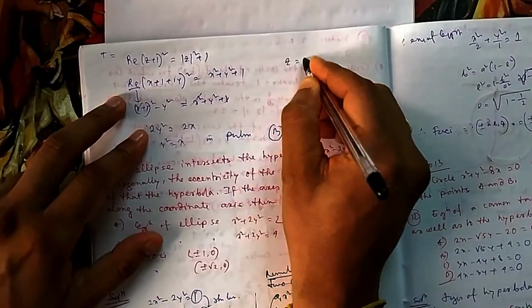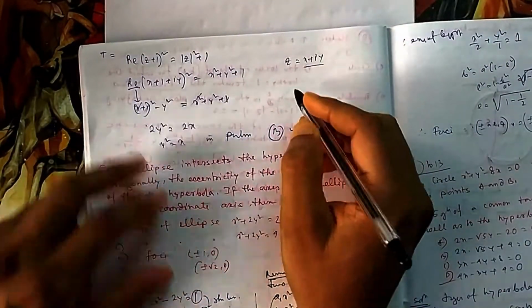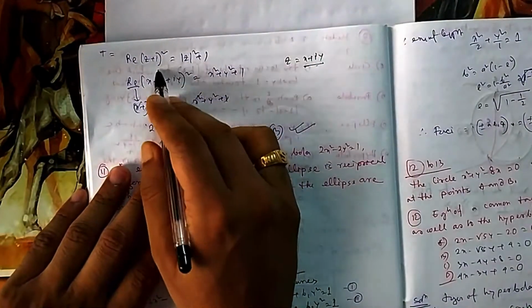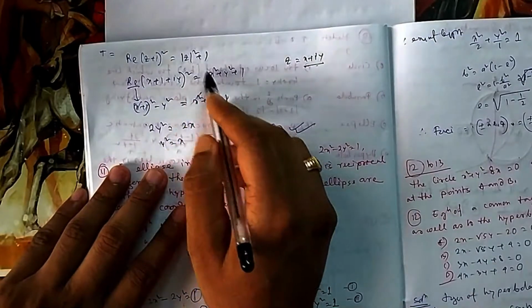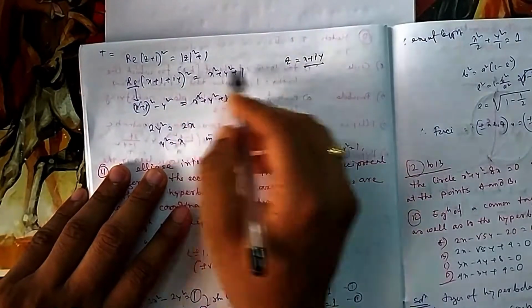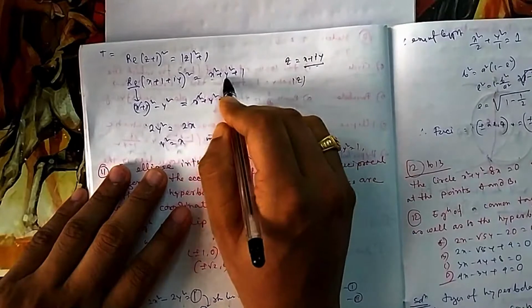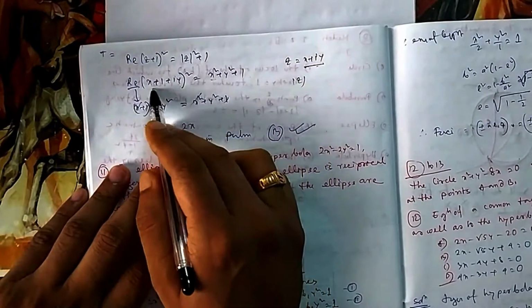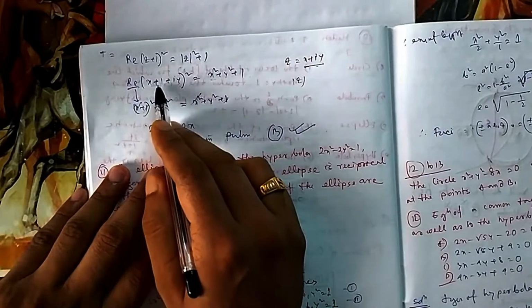So if I take Z is equal to X plus iY, those who have done complex numbers, you know we always treat it like this. So the real part of (X plus iY plus 1) square is equal to mod Z. Again, mod Z is equal to under root x square plus y square, so in mod Z square the root will be gone. So what is the real part of this one? It is x plus 1, so x plus 1 whole square,